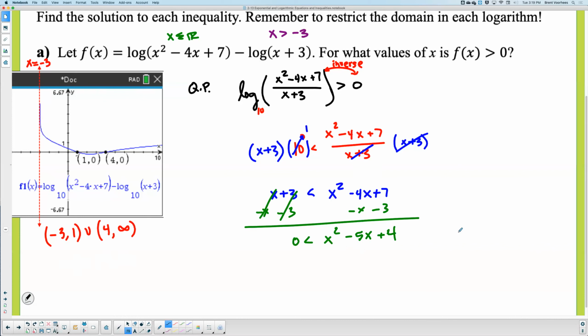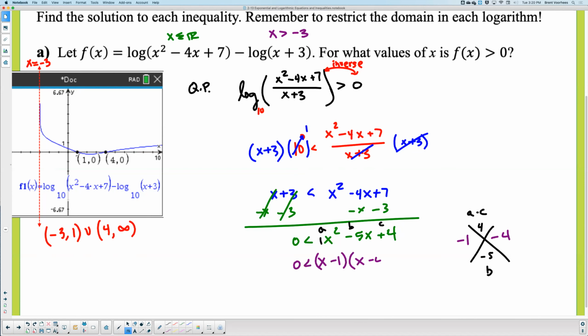If you factored this, do a, b, c, factors of 4 that add to b, negative 5. Well, the factors of 4 are 2 and 2, and 1 and 4. The only ones that can give me 5 are 1 and 4. To give you a negative 5, they both have to be negative, and negative times negative is positive 4. That's good. So 0 is less than x minus 1